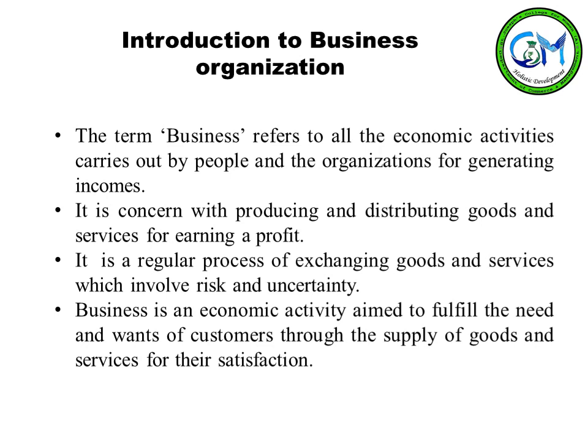It is concerned with producing and distributing the goods and services for earning a profit. So we need to produce the products. How will it be possible? It will be possible by manufacturing the goods. How does a product come about? First of all, we need to put in the inputs, that is the raw material, put it into the process, and then you will get the actual finished product. And that product has to be launched in the market, and then they will sell it in the market so that they can earn the profit. And it is a regular process for exchanging goods and services, which of course involves risk and uncertainty.